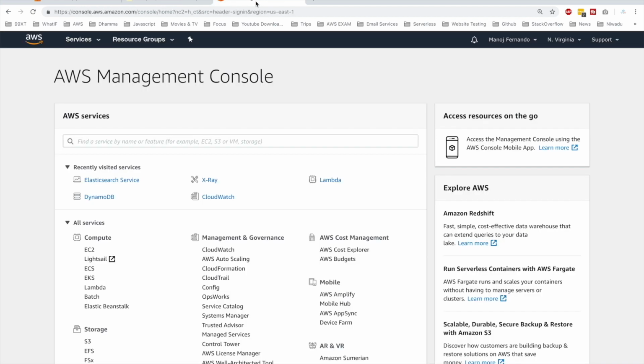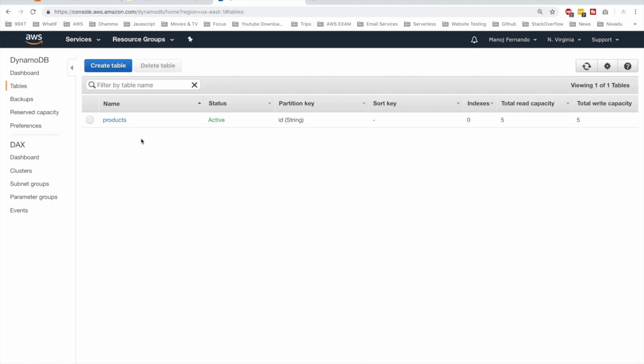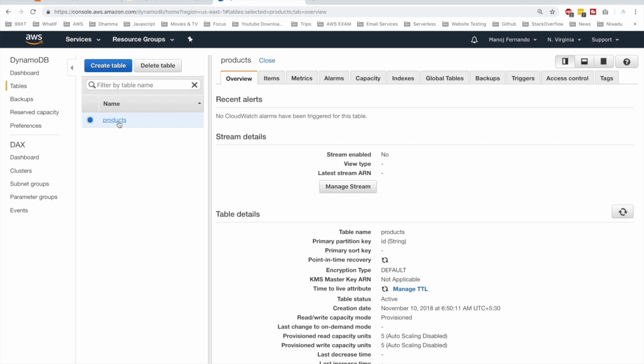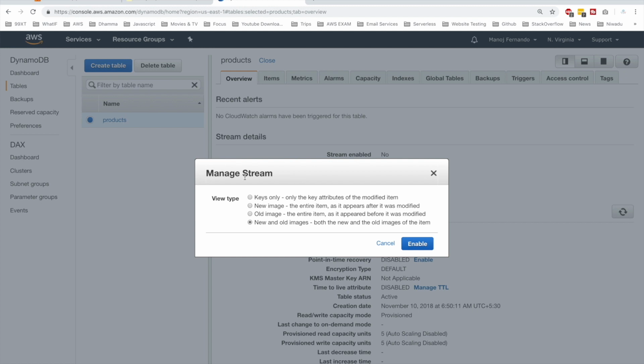I'm going to my AWS console and go to DynamoDB. In the last video, we have already created a table called products. Here it is. Let me click on that. And in the overview tab, you should see the manage stream button under the stream details category. So click manage stream. So here we have to define what type of data we have to put into the